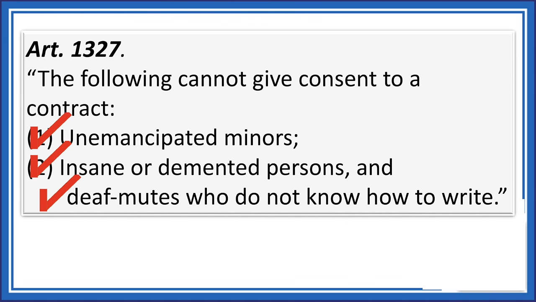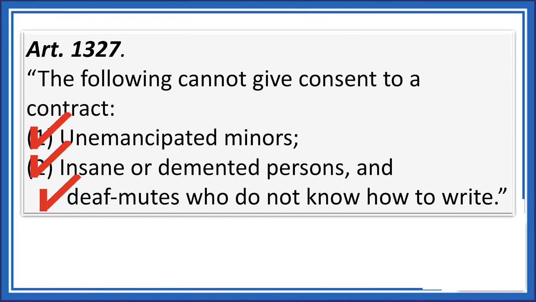And to tell you, etong mga contracts which are entered into by persons who are incapacitated to give consent are voidable. Yung mga kontratang na-enter nila ay voidable, meaning valid until annulled. Meron kasing dalawang uri ng voidable contracts. First is yung contracts where one of the parties is incapacitated to give consent. So that is under Article 1327. And then later on, we will also be discussing yung sa